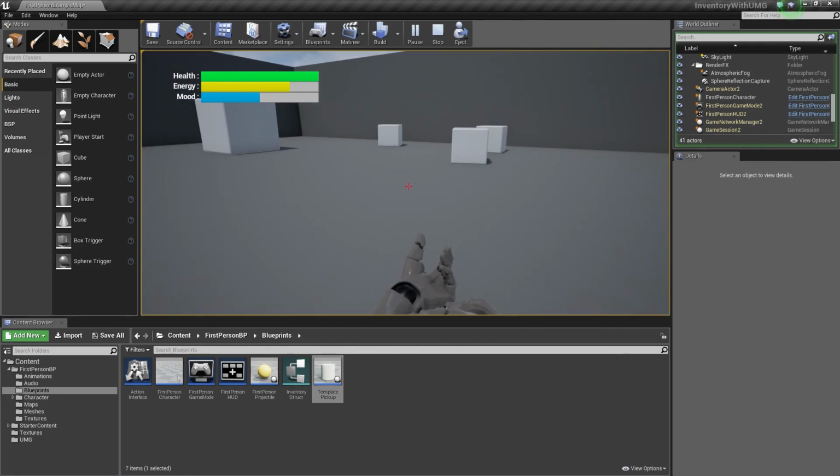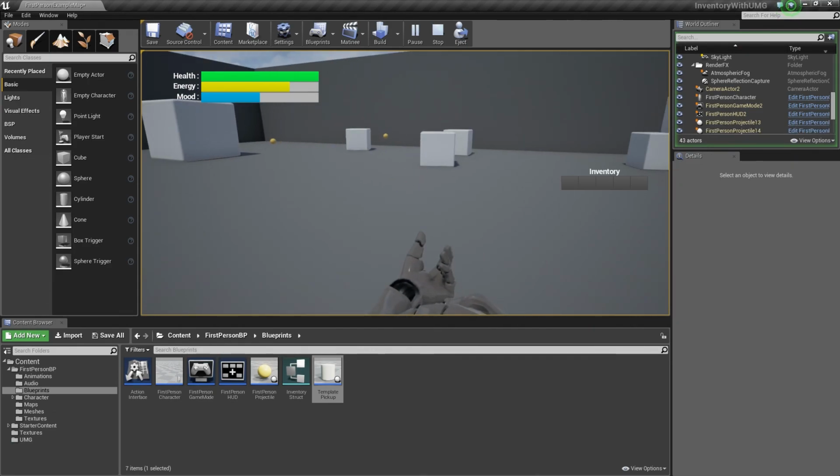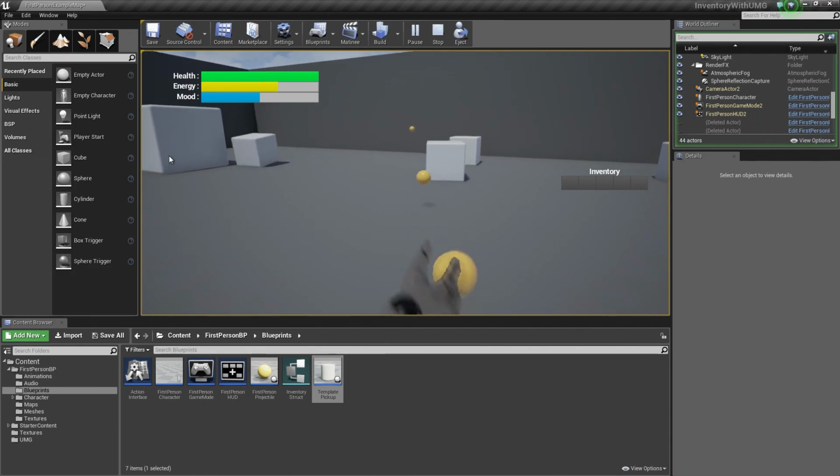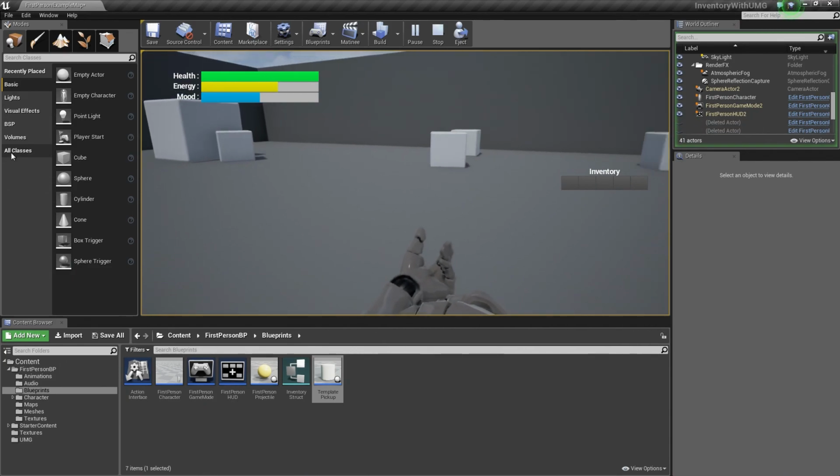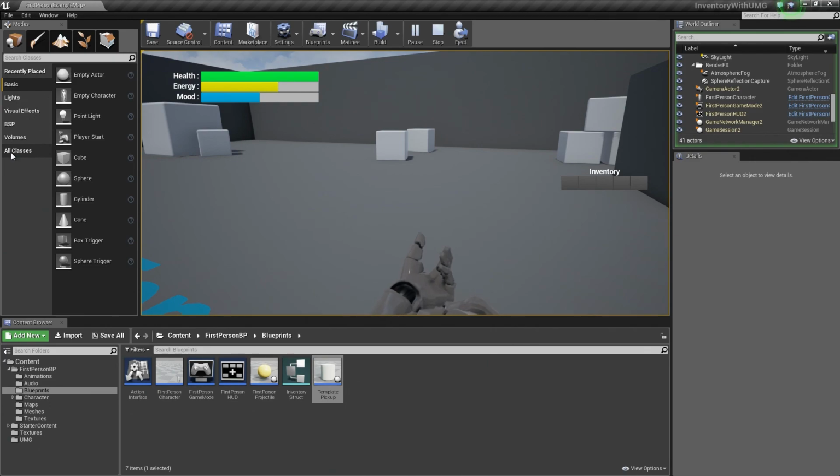So there's still a little bit more to do. In the next video, we'll do a little bit of polish, a little bit of cleanup. We'll also set it up so that our inventory menu slides in and out from the right side of the screen. So we'll do a little bit of UI animating inside UMG. And then some fixes, as I mentioned. I can still fire, I can still jump and move around while our inventory is up. Probably want to fix that, so we'll do that in the next video as well.